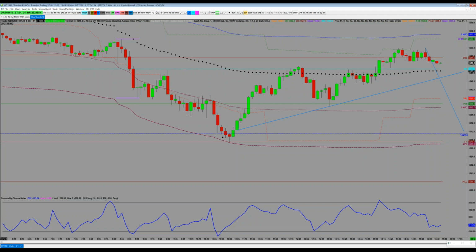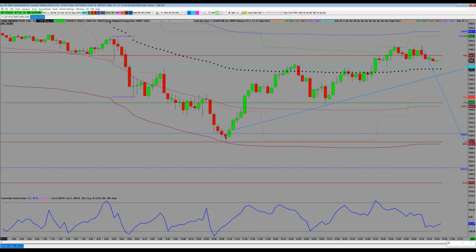It might sound insane to hear me say that because a lot of times you folks are being taught to use 6 tick stops or 12 tick stops or 15 tick stops or something like that. I just think it's really hard to do that right now. So I think most people would be better off if they took fewer trades and widened those suckers out a little bit and gave this thing a chance to breathe. So if you were to risk 8 points on a stop like this, which is an 8 tick stop in this contract, that puts you all the way down to 1521.50, right in this area. That is a dramatic move in the Russell.